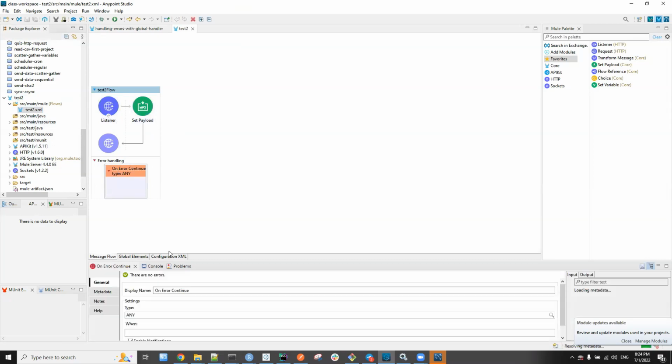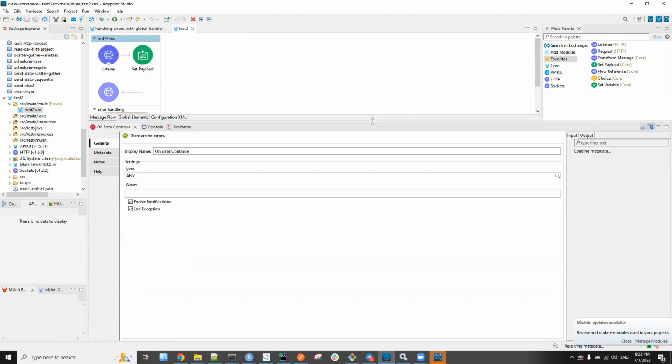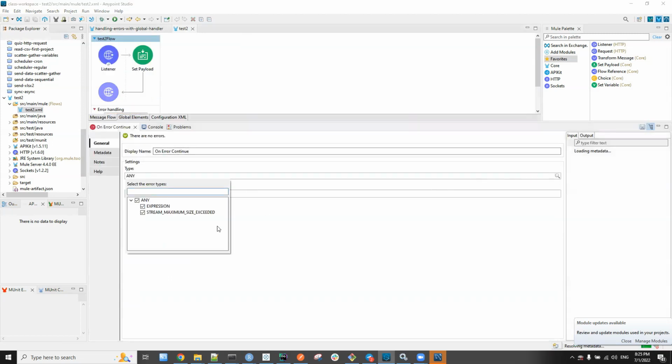And if I click here and go to type, the only errors you see are expression and stream maximum size exceeded. These are by default. For any error handler, you see these two. The expression is when there is an error with the data or expression, and the stream maximum size exceeded is when it exceeds the maximum allowable size.